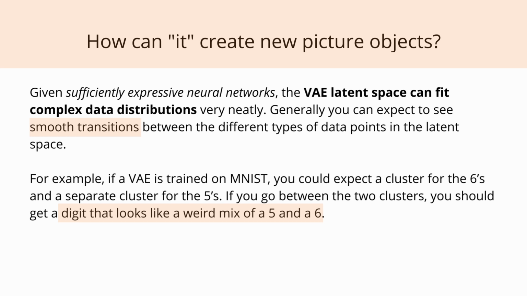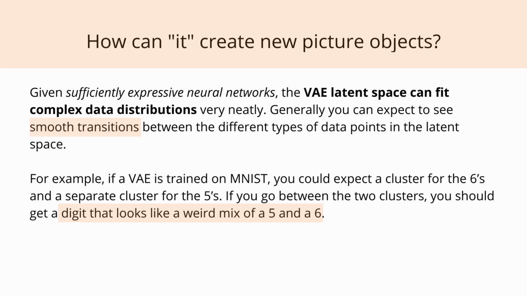But generally, you can also expect to see a smooth transition between the different types of data points in the latent space. And now this is it. The smooth transition exists within this unobservable hidden space, this latent representation space in a low-dimensional space. This is it. We have smooth transition. And now if you have some crazy wording, this smooth transition enables us exactly in the latent space to create